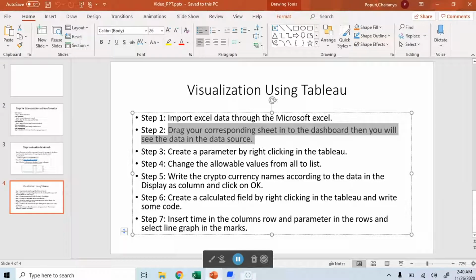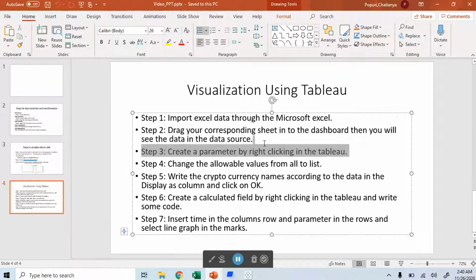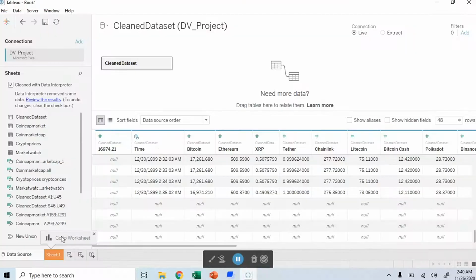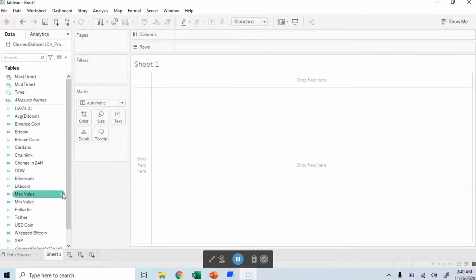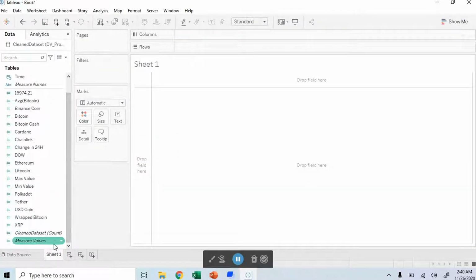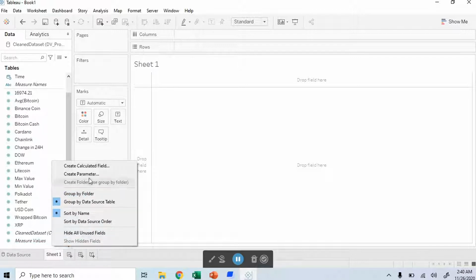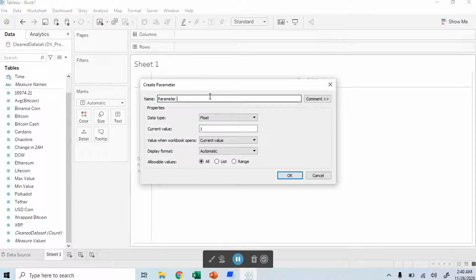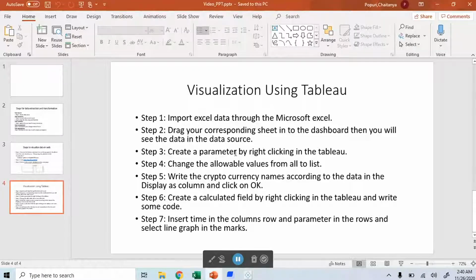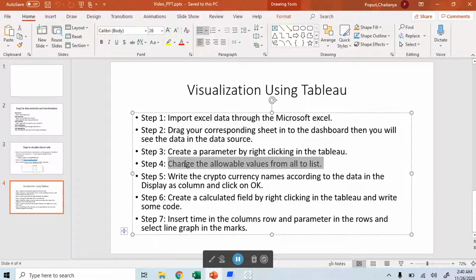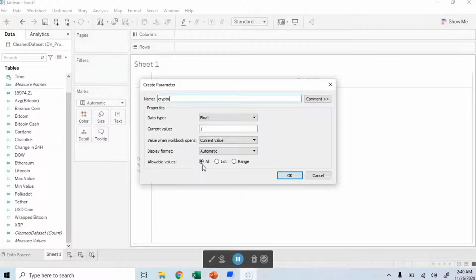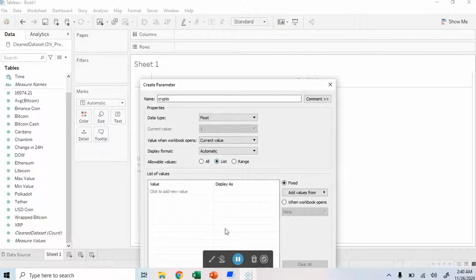The next step is to create a parameter by right clicking in Tableau. So go to Sheet 1 and right click here and create a parameter, named according to your data like this. And the next step is to change the allowable values from All to List here.